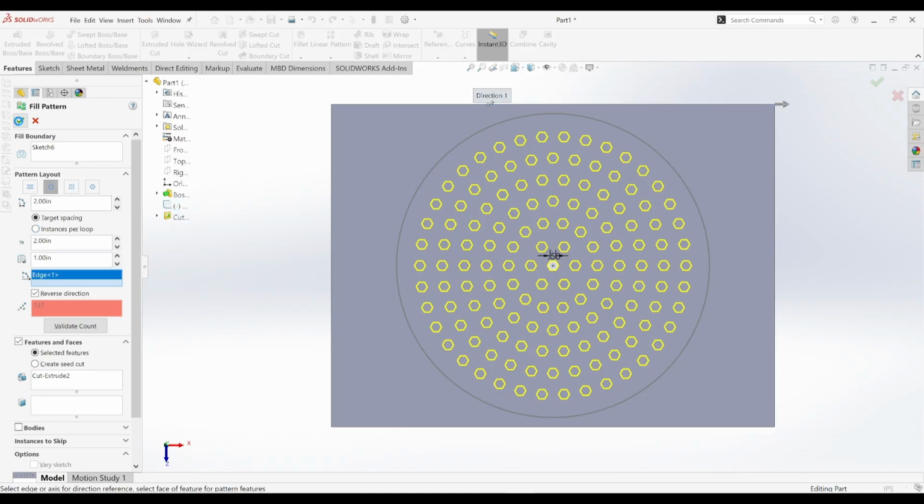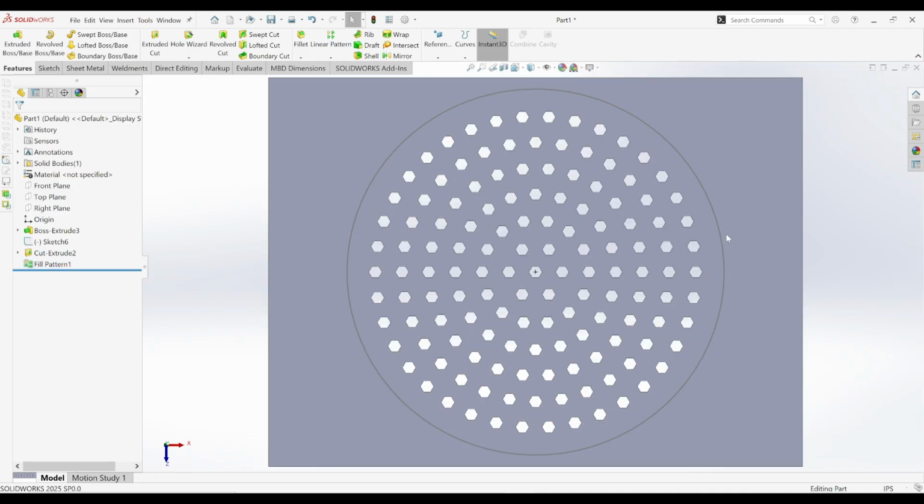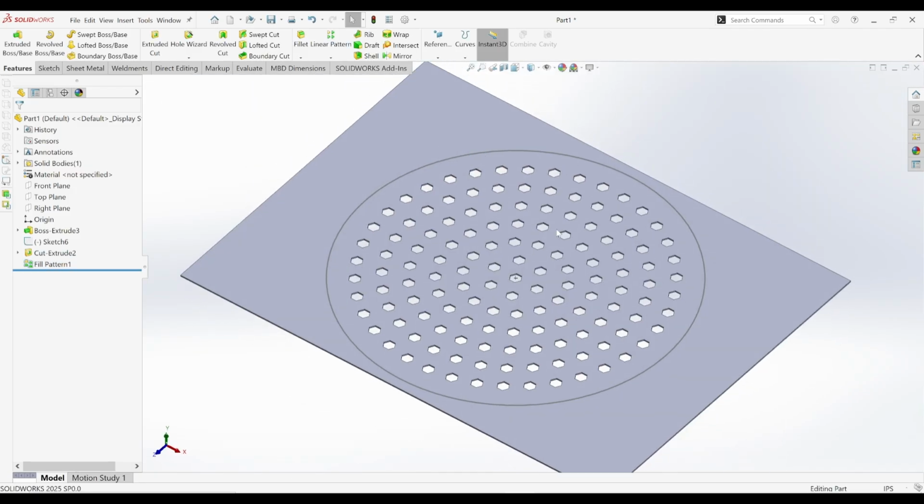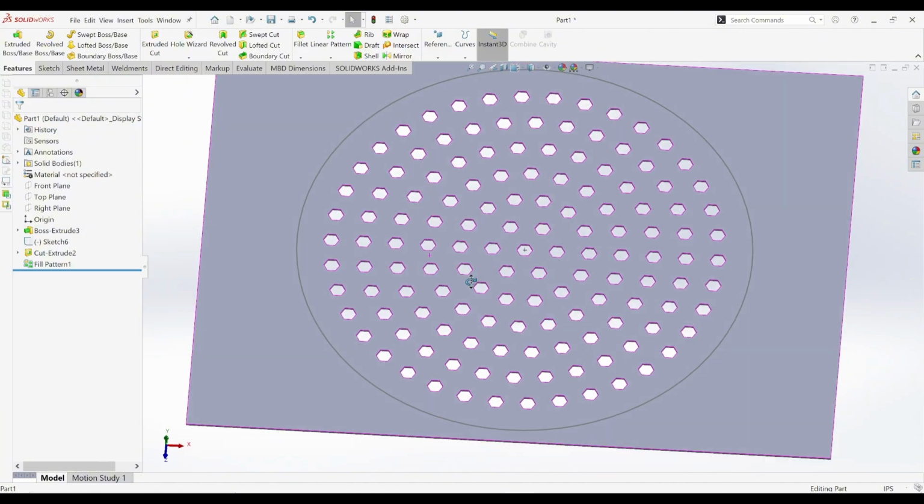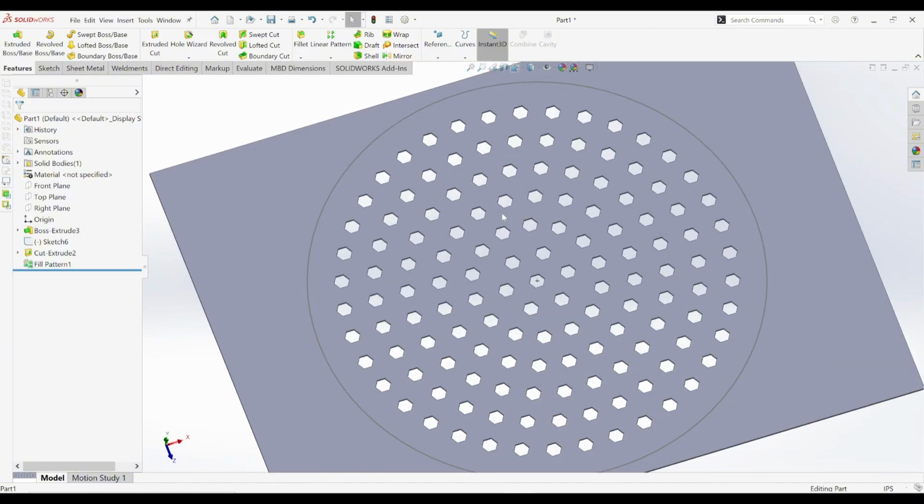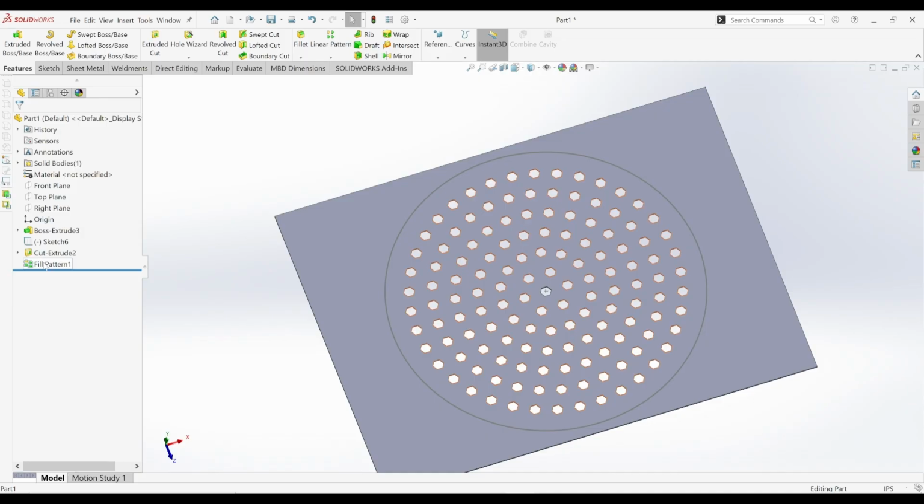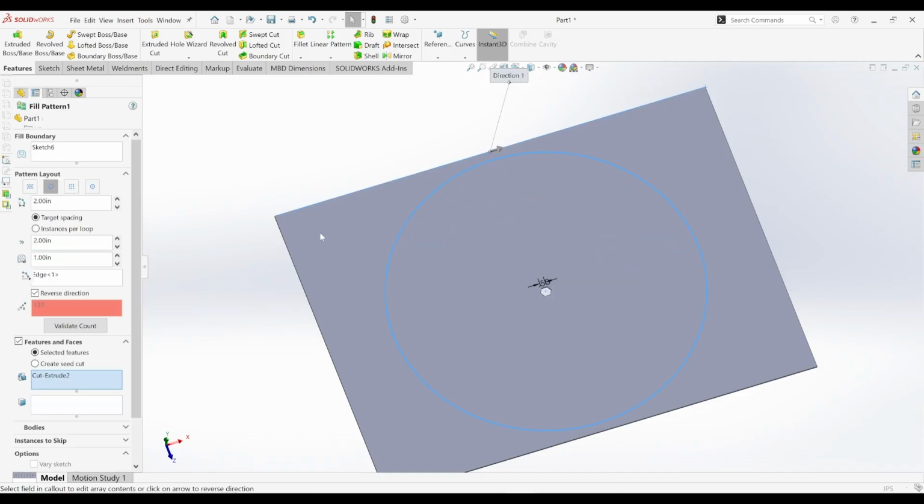So click on OK, and this is the kind of cut you get. People use it for perforation or stuff like that. So that's exactly what the cut will look like. I'll come back here to edit the feature,